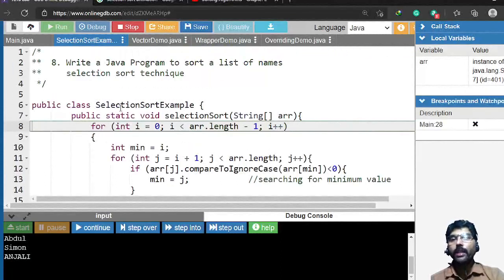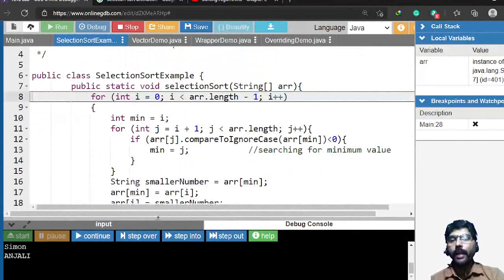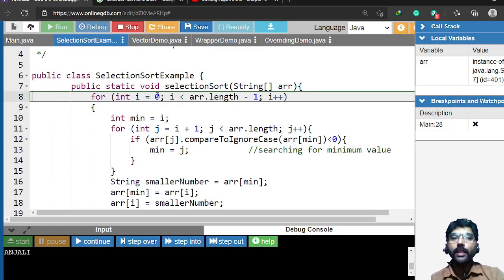Now this is the selection sort method I have created. In the selection sort method, you have to know some of the methods of the string class. To understand this selection sort, first you have to know the algorithm, how selection sort actually works. Then you have to know some of the methods used in the string class.